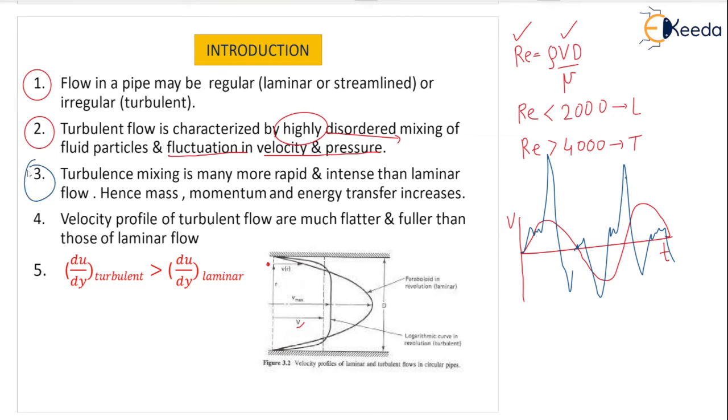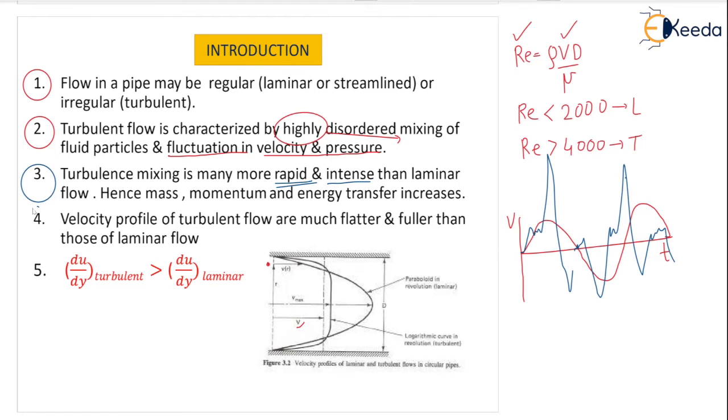The third point is telling you that turbulent mixing is much more rapid. Rapid means fast. Mixing is very fast and intense in turbulence compared to laminar flow. Intense means the quality of mixing is very good in turbulent flow compared to laminar flow. So whenever you want to mix, suppose sugar in the water, then please create turbulence. Rotate the water, create the vortex flow at a very high speed, high RPM. Then it creates the turbulence. If the velocity increases, the Reynolds number increases and the turbulence will be there.